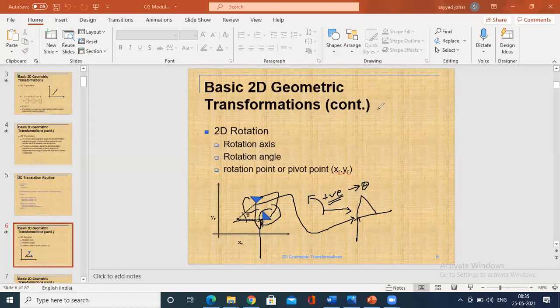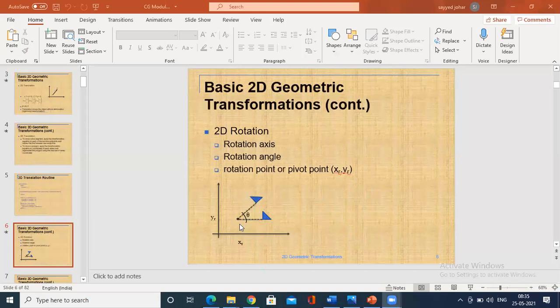How do you analyze this? By writing an angle about one of the pivot elements. Remember, the pivot point is the point about which the object is rotated.